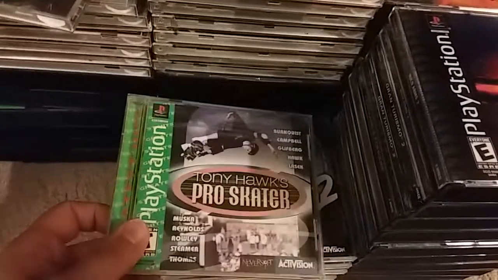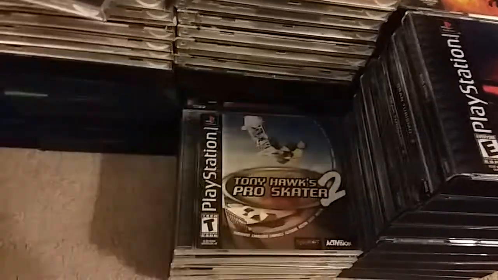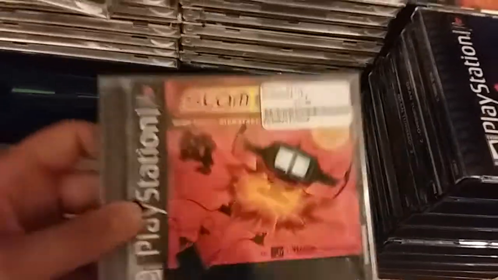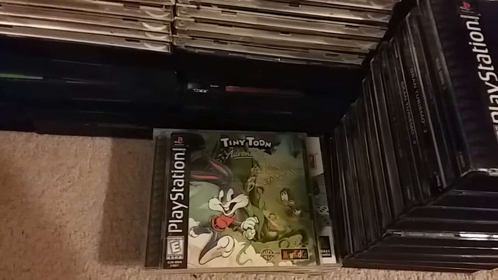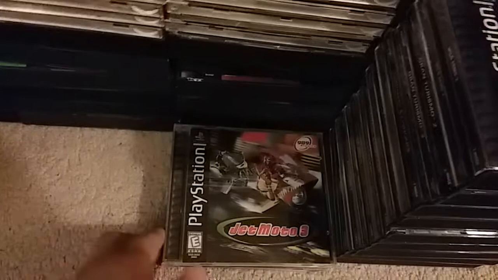Tony Hawk's Pro Skater. Such a classic. It's what started it all. Definitely would recommend getting the original. Tony Hawk's Pro Skater 2. This one is Slamscape. Spec Ops Covert Assault, Action Bass, another Tiny Toons Adventure, Monopoly, Jet Moto 3,